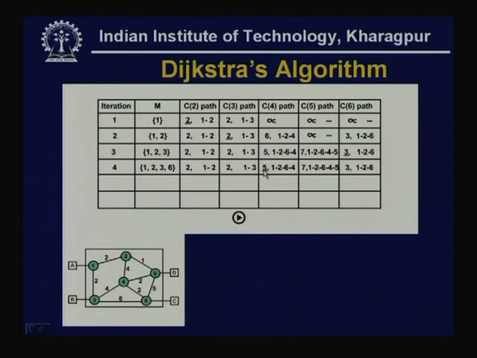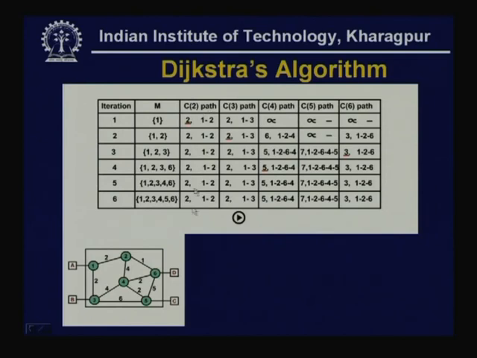Now, you have to include this 4 into this set, and after including 4, now the list is 1, 2, 3, 4, 6, and this cost remains unchanged. Here also it remains unchanged, 1, 2, 6, 4, 5 it remains unchanged. Here it becomes 1 to 6. Now, we find the final solution and everything remains unchanged. So, we find that from node 1, after 6th iteration we get paths to all the remaining